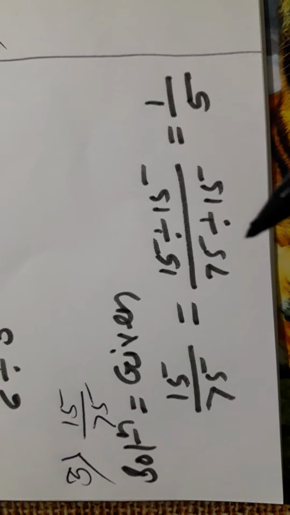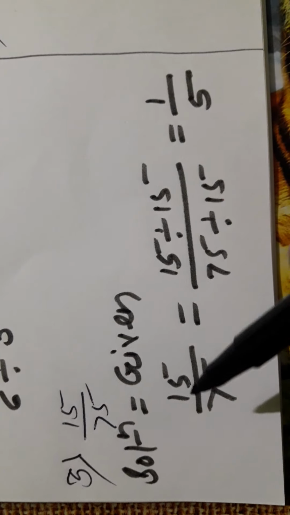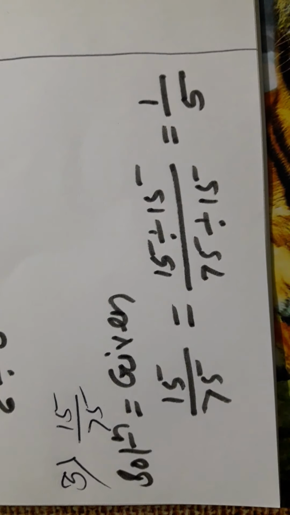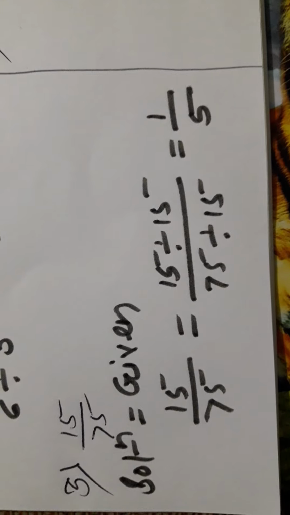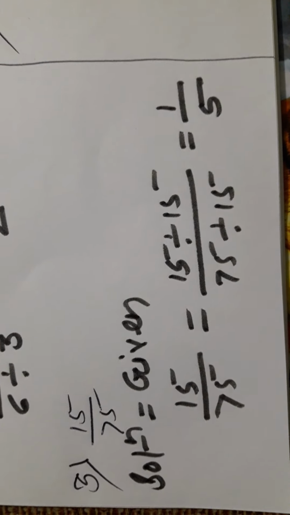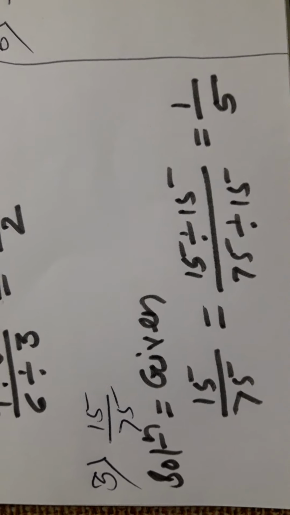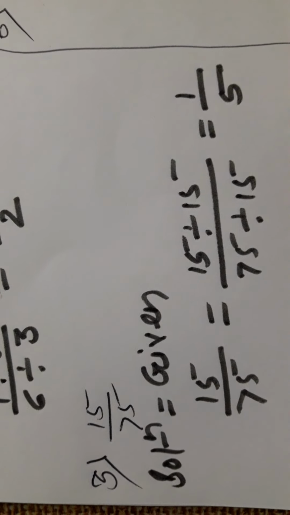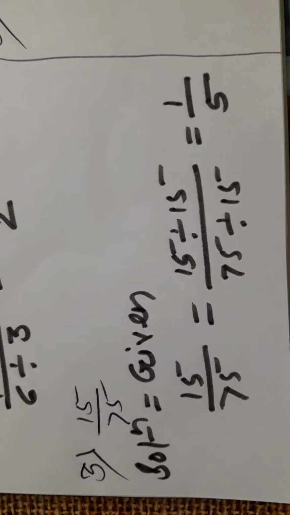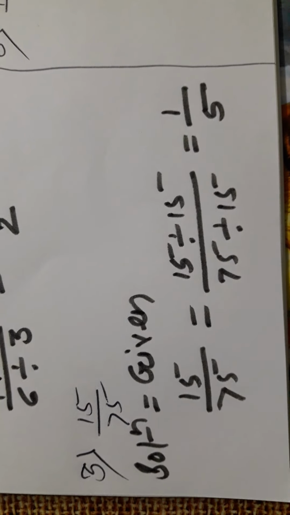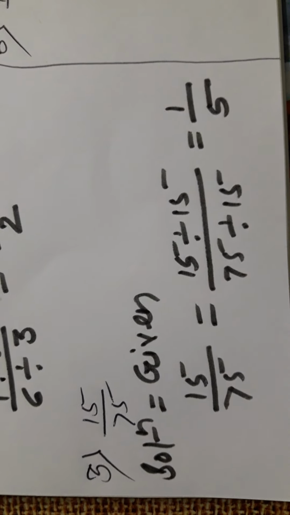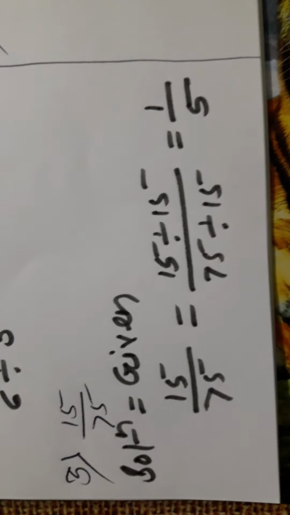Suppose I am not able to divide by 15, then I can use 5 here. Then after that I can use again. Do you understand? This is a very important thing. That's why I am telling you, you must try to be perfect. Try to perfect the tables of all numbers, as much as is possible, because now you are in the 6th standard. Suppose you are 100% perfect in the table.